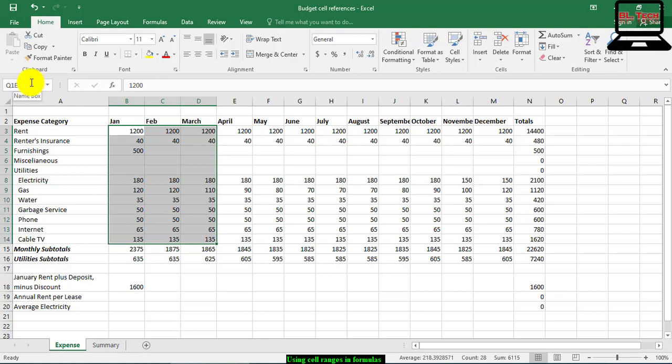The range name appears in the Name Box. You see this figure. We have Q1 Expense. Excel saves this name and uses it in any subsequent reference to this range. The range name will appear in the Name Box, and all the highlighted cells are part of the range.